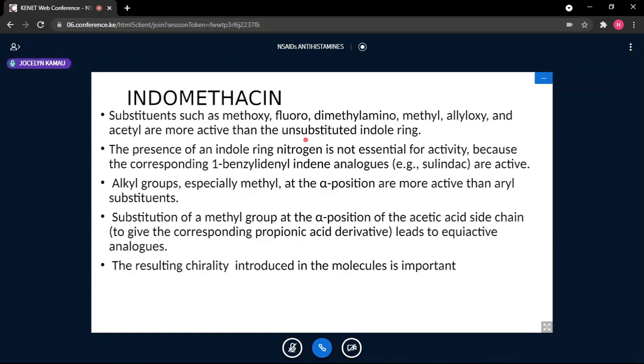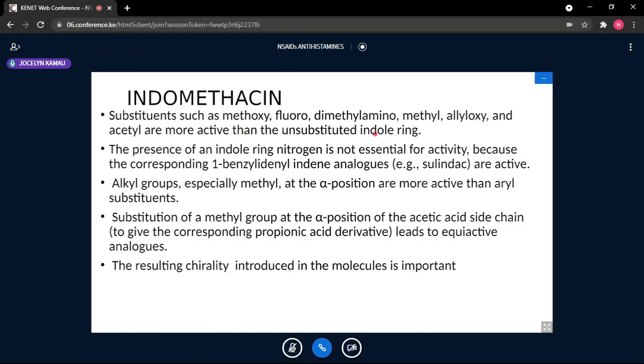So you can see methoxy, fluoro, dimethylamino. None of these groups is new to us now. I believe the structure of methoxy, fluoro, dimethylamino, methyl, allyloxy. Allyloxy means it is an allyl group, which is usually a CH3 CH double bond CH2, and then with an oxygen,